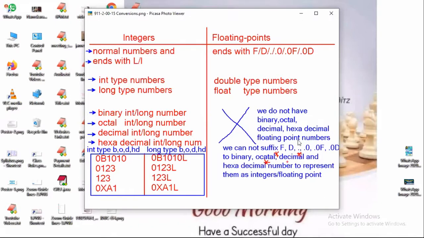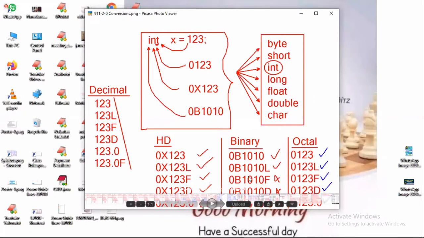But there are conditions that apply with octal. If you write it to octal, no compile time error. Decimal, no compile time error. Hexadecimal, no compile time error. But in hexadecimal, there is a specialty. Okay, you have to use P. And look at there, what are the errors and what are not errors.